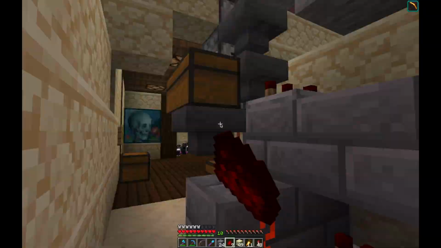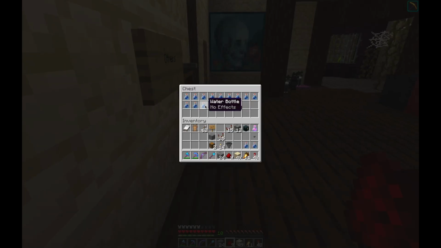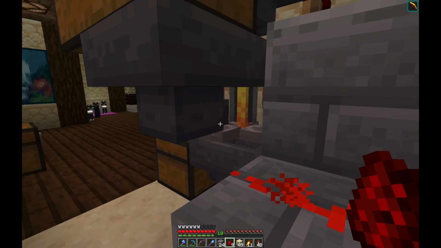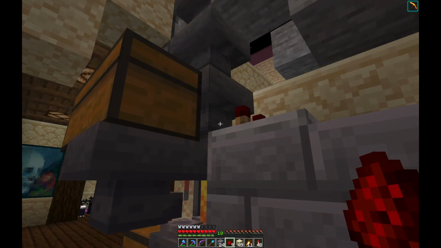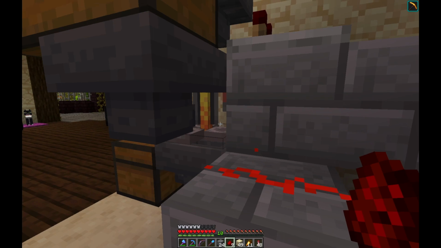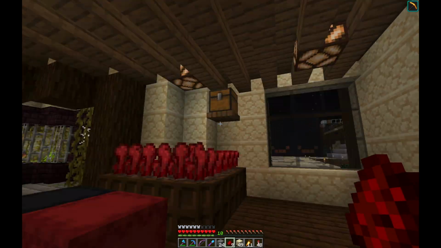So that is locked. Correct? Let's say correct. So we would put in water bottles in here. They're not going through that hopper yet. But as soon as that gets an item and things start filtering through, then it will unlock and let stuff go in. I think we start triggering it off by...